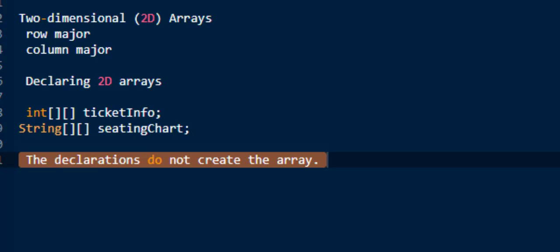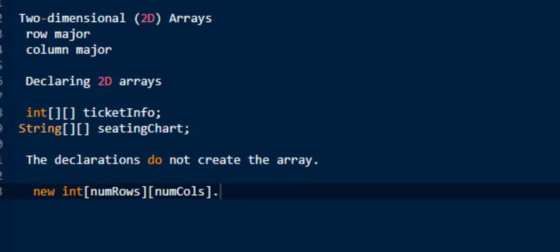Arrays are objects in Java, so any variable that declares an array holds a reference to an object. If the array hasn't been created yet and you try to print the value of the variable, it will print null, meaning it doesn't reference any object yet. To create an array, use the new keyword followed by a space, then the type and then the number of rows in square brackets followed by the number of columns in square brackets, the way shown here.